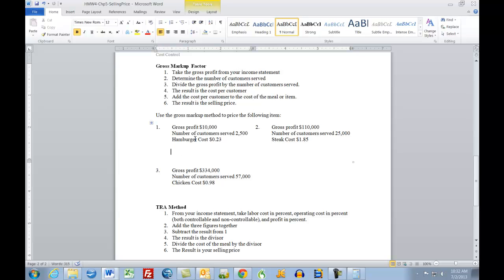Alright, so for this particular example, what we're going to do is take our gross profit, which is $10,000, and divide it by the number of customers that we had. So 2,500 people were served. And then whatever the answer is from that amount is going to get added to our cost per meal. In this particular case, the meal is a hamburger and the cost for producing the hamburger is 23 cents. It seems pretty low, but yes, that is not uncommon, especially for restaurants that sell fast food or that sell